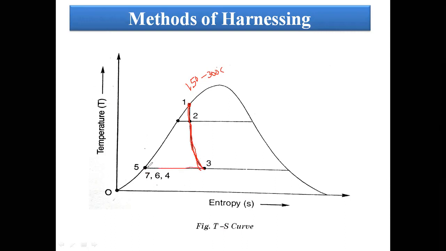And the 3 to 5 indicates that once we are driving the steam turbine, which converts the steam energy into mechanical energy, at the same time the steam is ejected. That is, the steam is wasted. Here we are using a steam turbine, that is nothing but the impulse turbine.